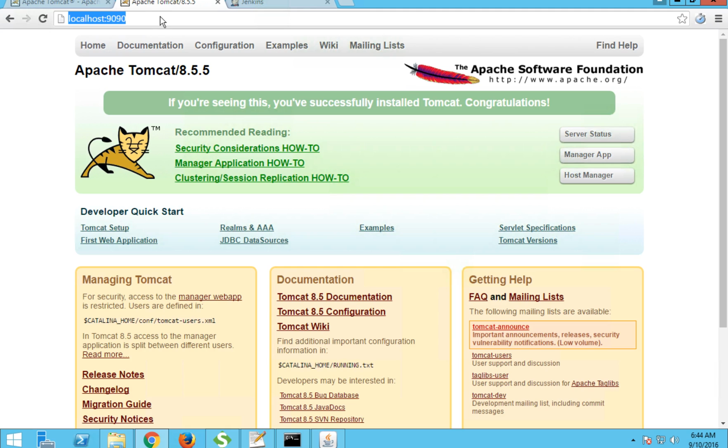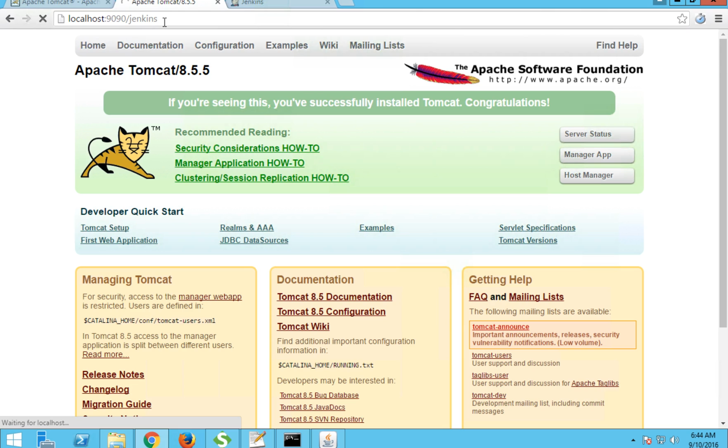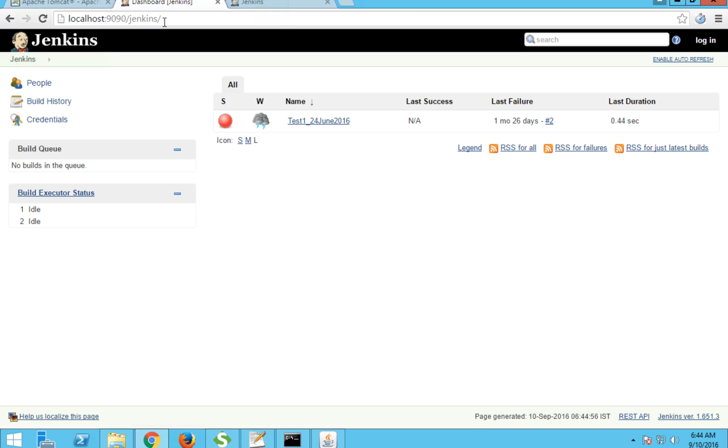Now what you have to do is restart your Tomcat and then just give the name of the war file that you have added to your webapps folder. So I'm giving Jenkins, and you can see Jenkins has started, right? So now this particular application is running inside Tomcat.